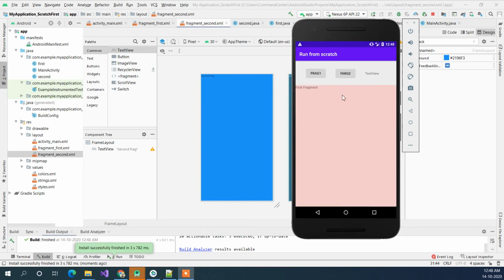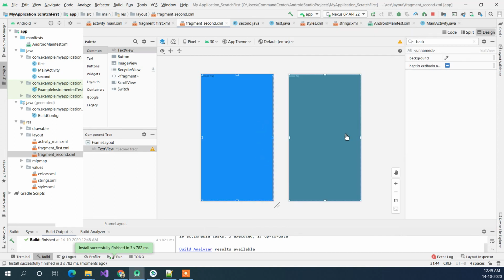So now the first fragment is showing, and when you click on it, it is not showing overlapping, but that is a kind of a fix, because it's more like a quick fix if you run into a problem.